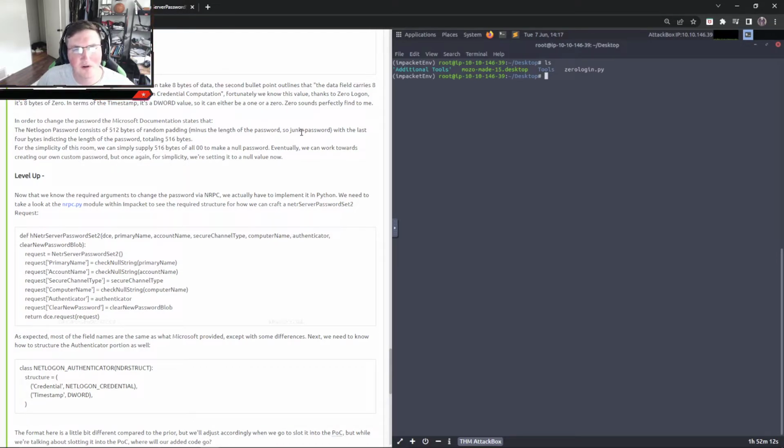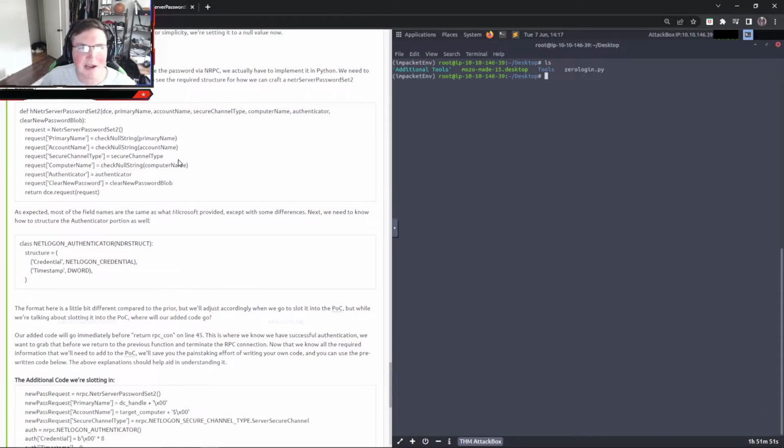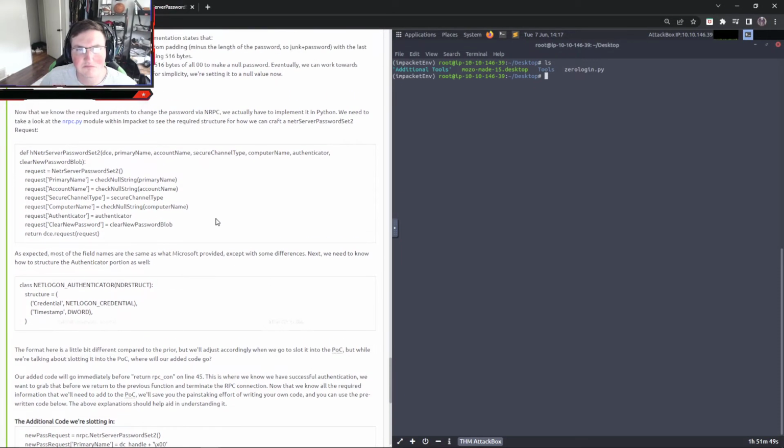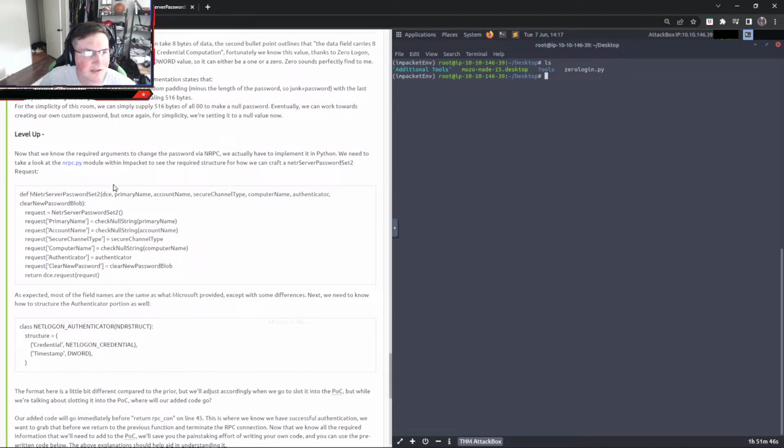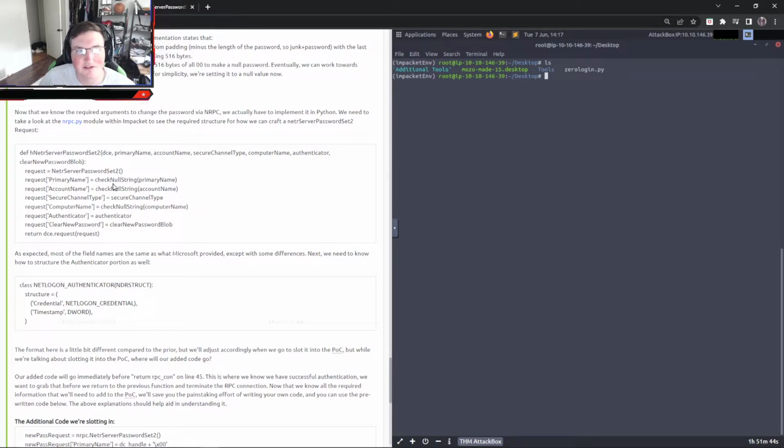So what you can do is put junk in the password, and if you do the math, it's pretty easy. However much you want, then your password. But if you don't want to do that, for simplicity of this room you can simply supply 516 bytes of all zeros, and then it makes a null password, makes nothing. So the password would just be nothing. There's nothing wrong with that, at least if you're attacking something; there's something wrong with that if that's your password in real life.